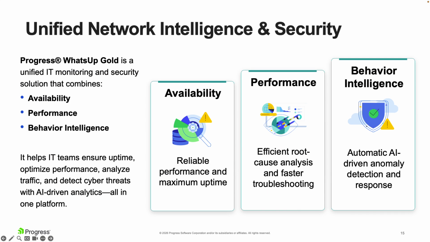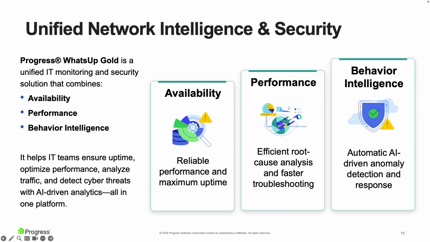So within organizations, we see often that the NetOps and security teams are often divided, but we basically can give you one tool that gives you the view from the availability perspective, from the performance and traffic analysis, as well as from the behavioral intelligence, so you can see the complete picture of an incident, of when something goes wrong, and you have the depth of the data to drive into when there is an issue and you need to